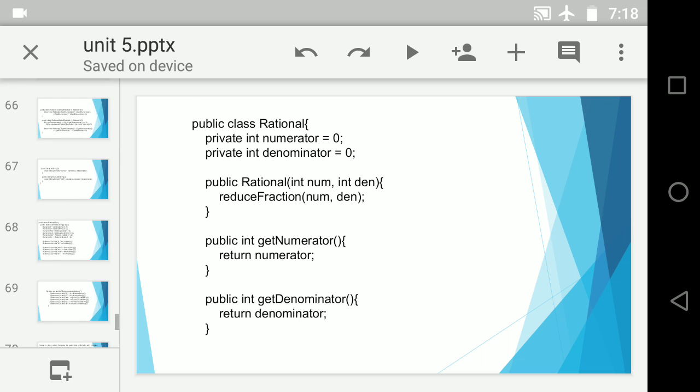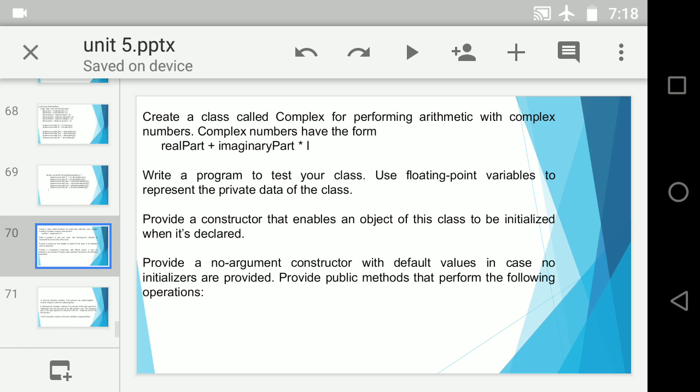The same process is repeated for another one, that is complex number operations also. So we have seen rational number and complex number operations previously in the previous semester, and we have seen the basic Java programming to implement the rational number and complex number for this semester. So I want you to go through these two programs on your own, try to understand this, try to execute them as they are, and if you find any problem, you can ping me at any point of time. So we will be stopping here itself.